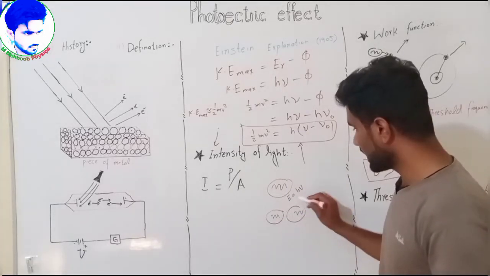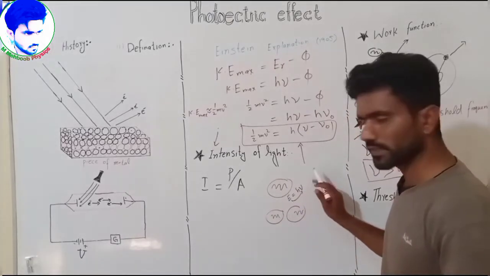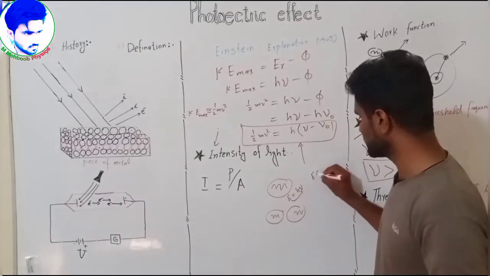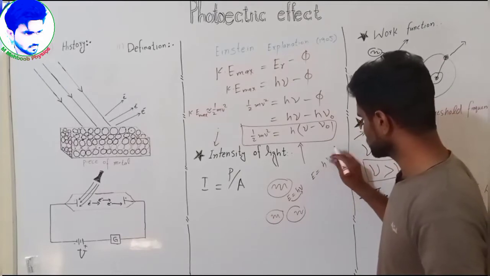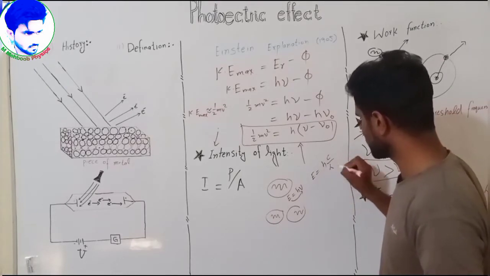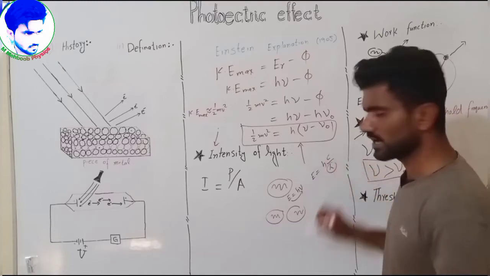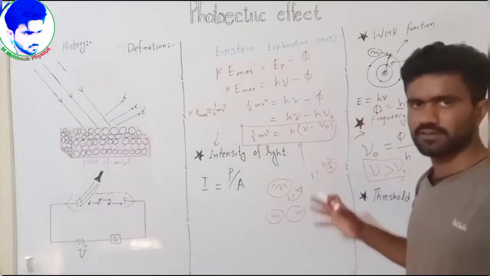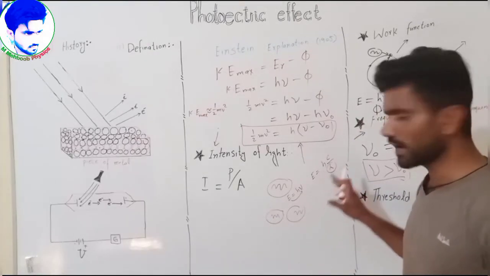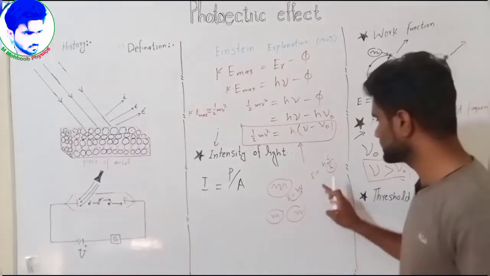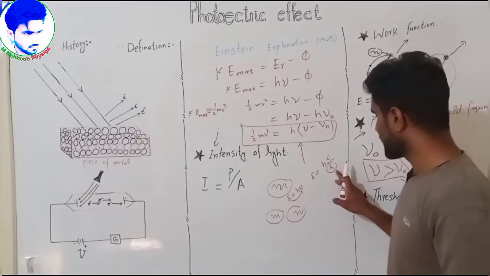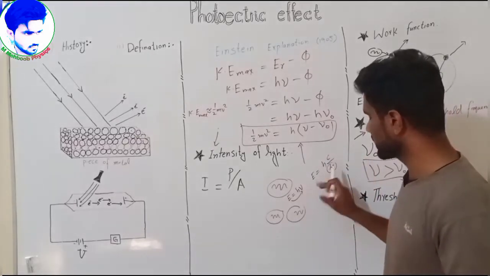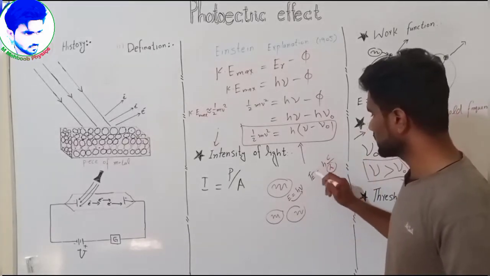But still, the energy is concerned with the frequency of the light, or you can say it is concerned with c divided by lambda. It is concerned with the wavelength of the light. Light having the longer wavelength has low energy, and light having the shorter wavelength has high energy. So by lowering the wavelength or by increasing the frequency, we increase the energy